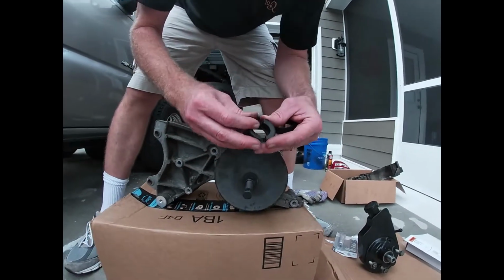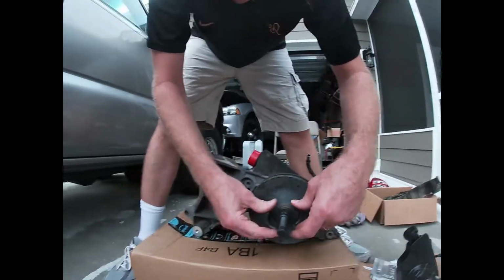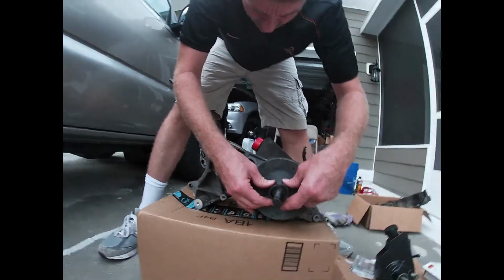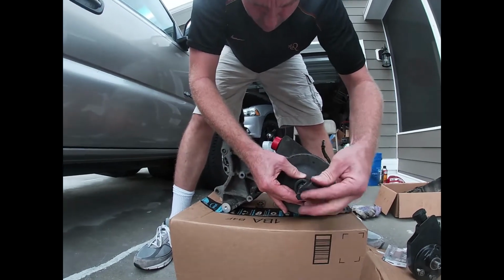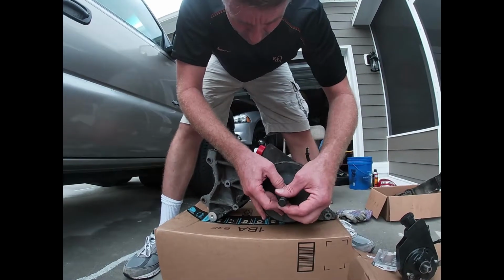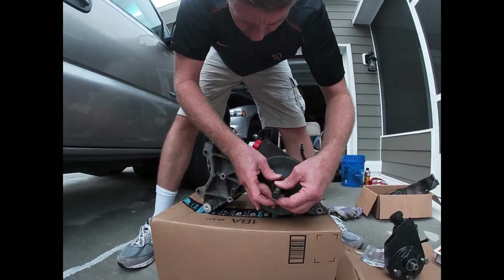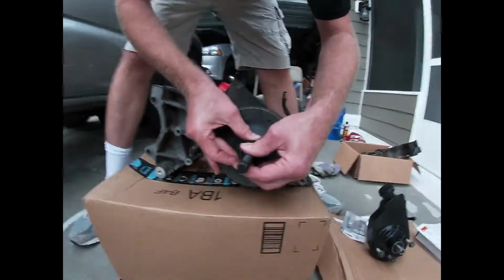Okay, so you take the smaller ends. Smaller ends go around this collar here and around this here. They sit right over the top of that. Then you put this sleeve over the top of this, right? And you simply tighten this up. And as you tighten this up,